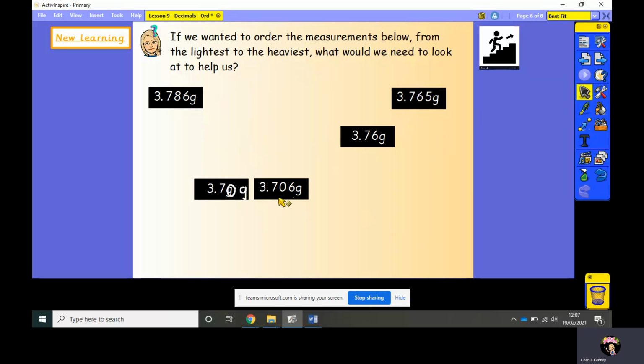Now then, that still doesn't really help me too much, because this has got 6 thousandths and I haven't got any thousandths on this one just yet. Now, some of you might be able to do this in your head and you might have spotted what the answer is already, but just in case people aren't sure, if I now change this into thousandths, we know that